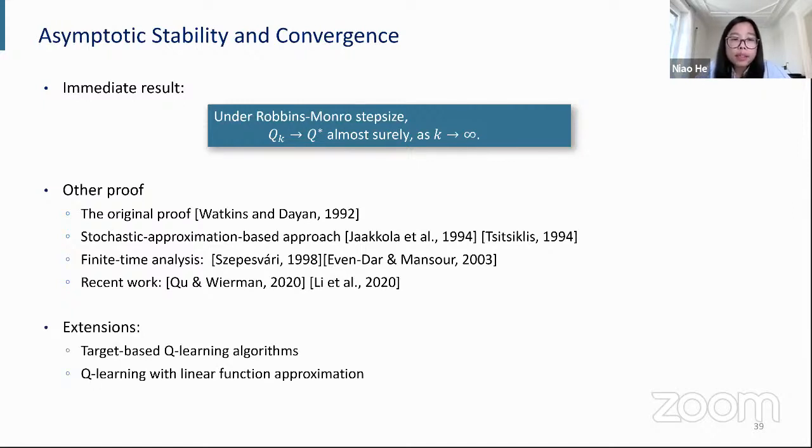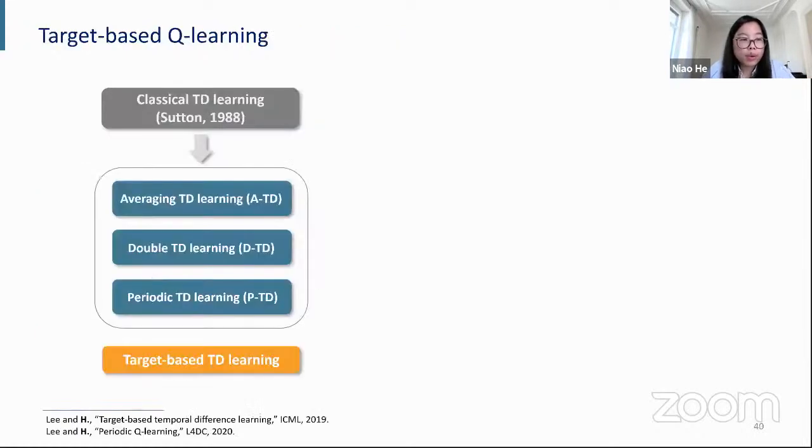And this analysis can be easily extended to many other Q-learning variants, as you can imagine, right? Because it really boils down to just figuring out what is the associated ODE and doing some sanity check to see if the underlying system will be asymptotically stable. So particularly, I'm going to give you an example on, let's say,